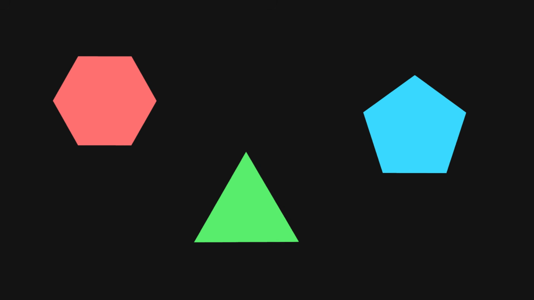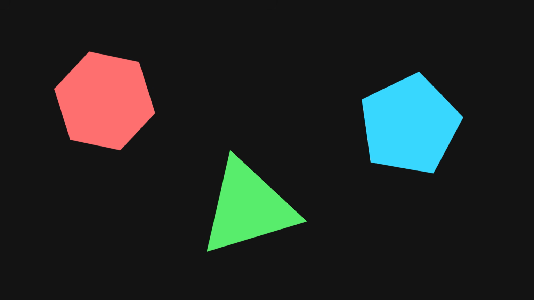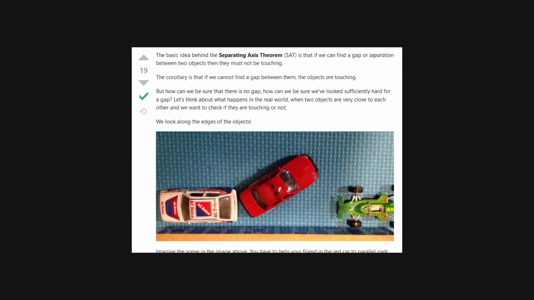You probably remember that AABB only worked on non-rotated rectangles. Well, the good news is that SAT works on any convex shape, regardless of rotation or side count. It even works on non-regular polygons. Before going over the math, I found a Stack Overflow post with an analogy for how SAT works that I